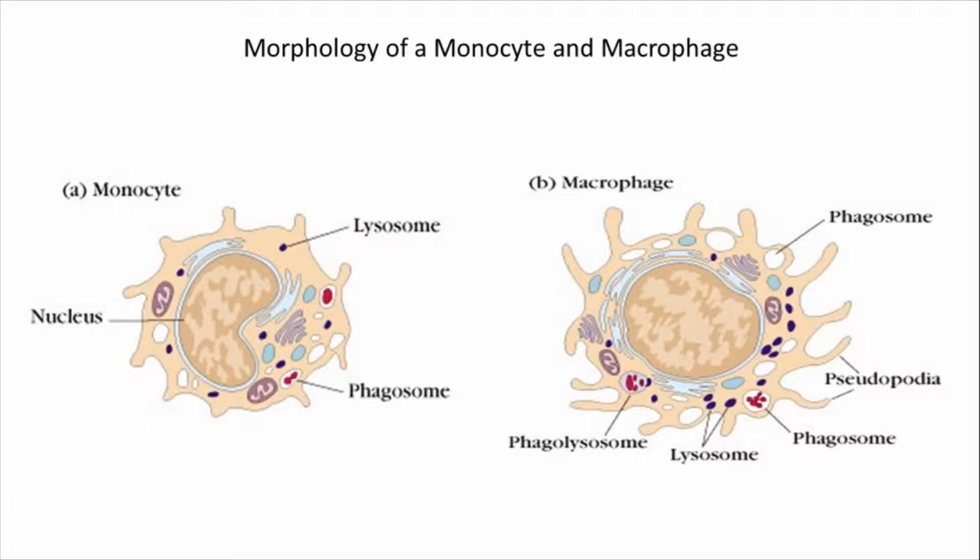Second thing, monocytes are usually called granulocytes because they contain granules. The number of granules in the monocytes is less than in the macrophages. Macrophages contain a huge number of granules, and the granules contain a number of biomolecules.